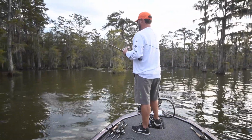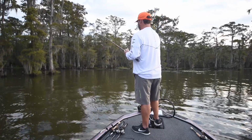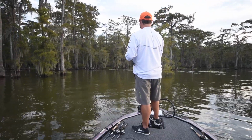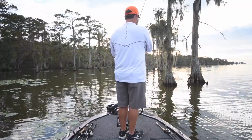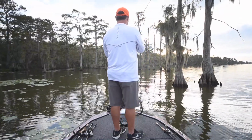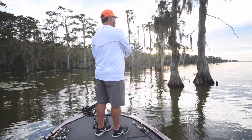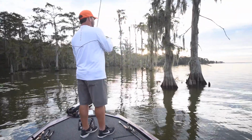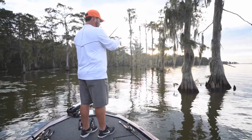That's a big difference from being a dude in first place or catching your personal best, or being a dude at the tackle store that always misses them. Fishing these cypress trees is fun. I like it. It's heavy cover. Physical fishing. But to do this kind of fishing, whether it's heavy grass or heavy wood, today it's heavy wood,